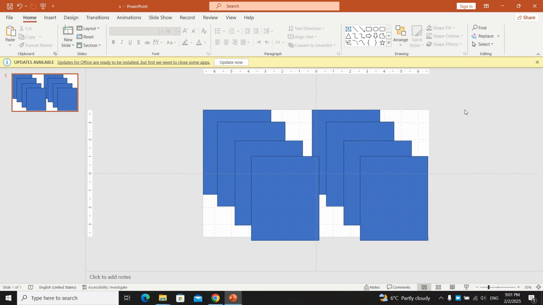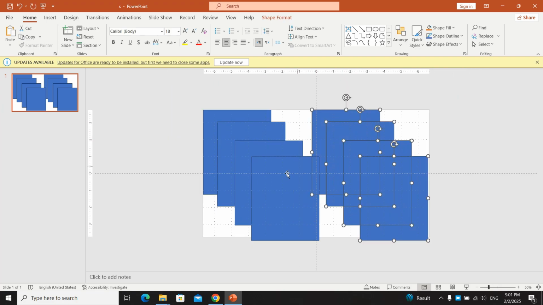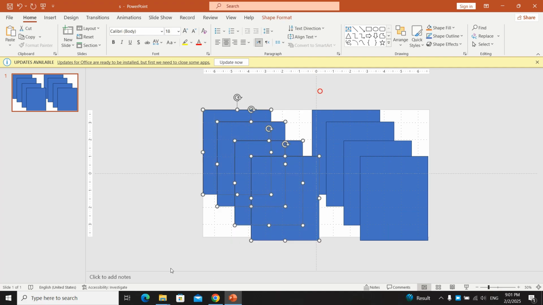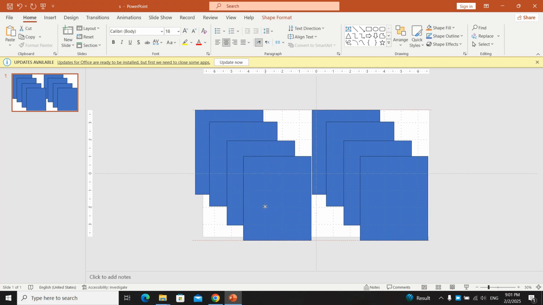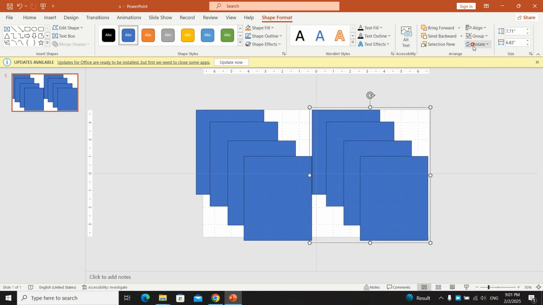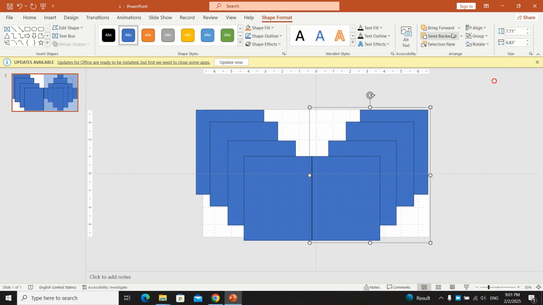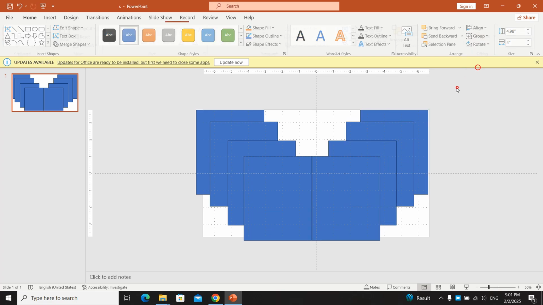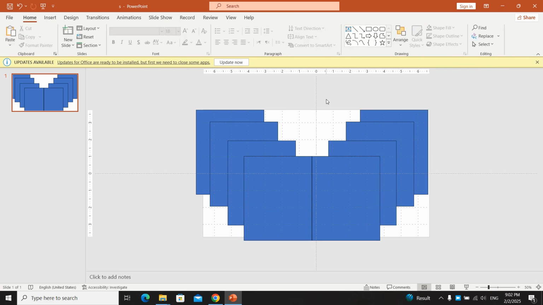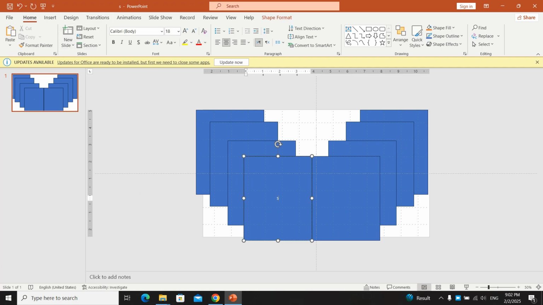Now the thing I'm going to do, I'm going to reduce it in size. How? I'm going to make it to mid. That's good. I'm going to shape format and group them, then flip them and then ungroup them. Now I'm going to create an amazing slide using this. We just name it a starter